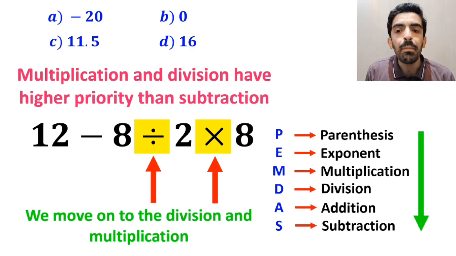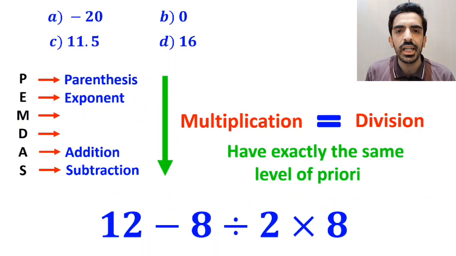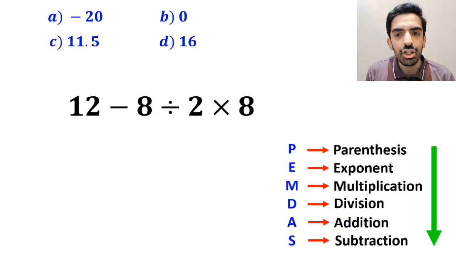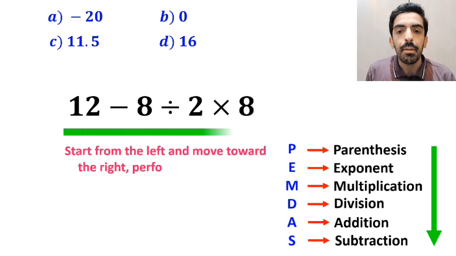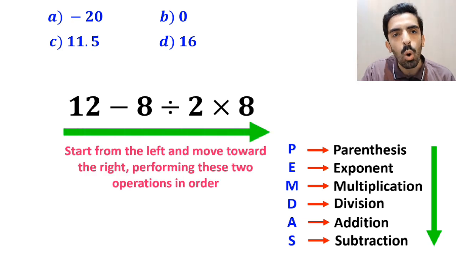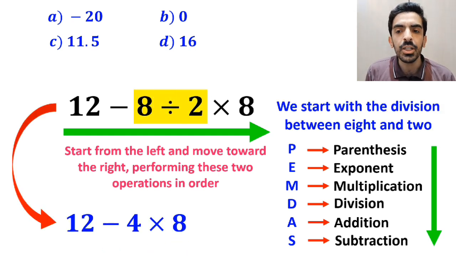However, it's very important to note that multiplication and division have exactly the same level of priority. In this situation, the best approach is to start from the left and move toward the right, performing these two operations in order. So, first we start with the division between 8 and 2, which simplifies this expression to 12